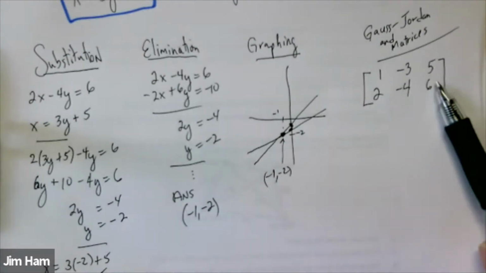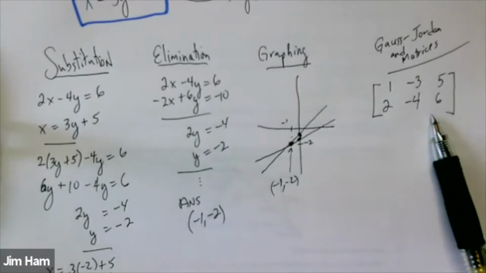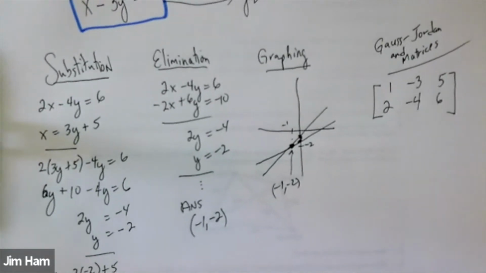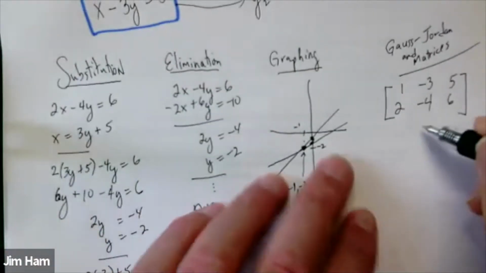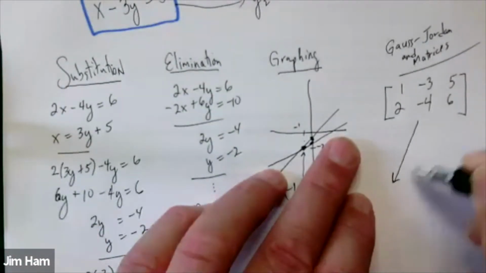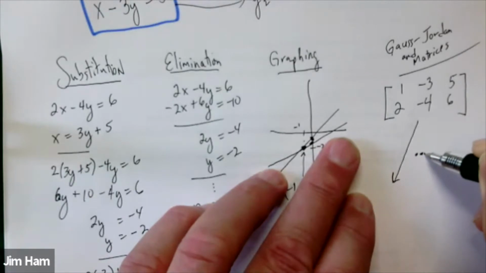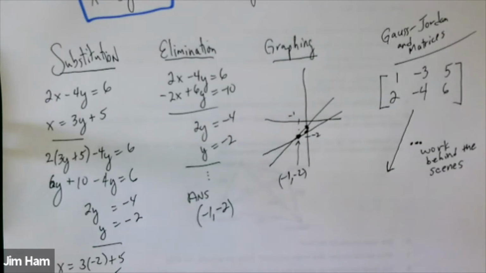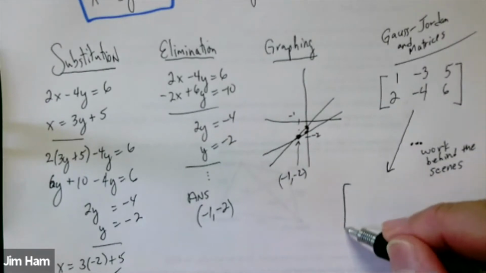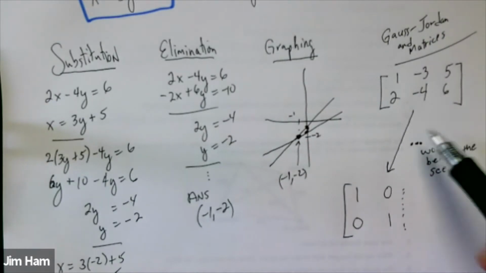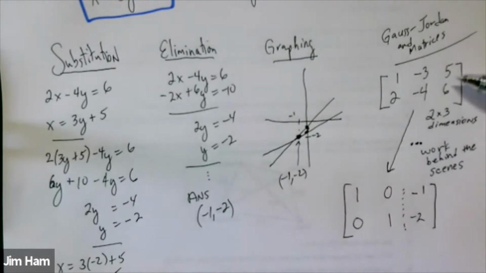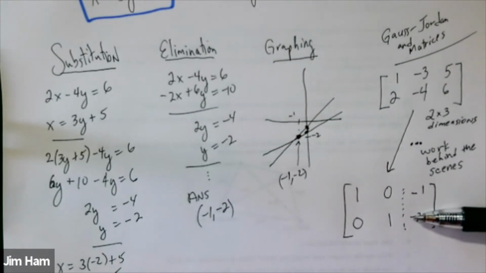All right, so let's go here and let's work on this one. And here's kind of the goal. If we can use row operations, and I'll just call this work behind the scenes, if we could change that matrix to one that looks like this, same dimensions, 2 rows, 3 columns, using correct legal row operations from this form to this form,